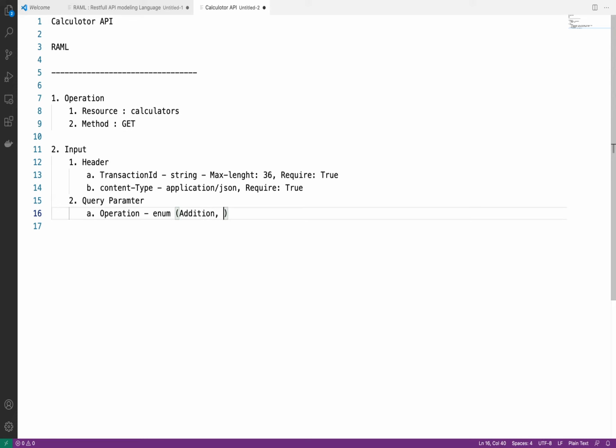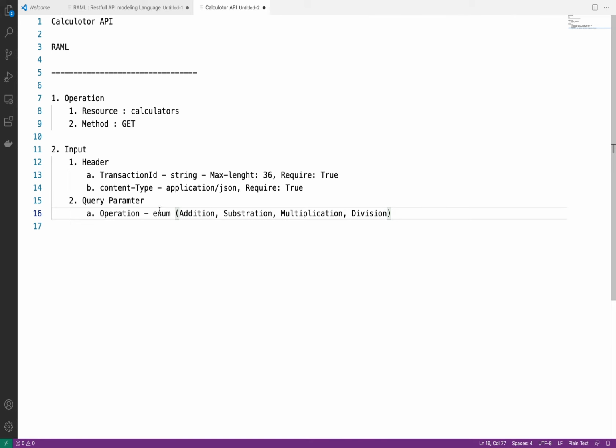Addition, subtraction, multiplication, and then division. So we have four.